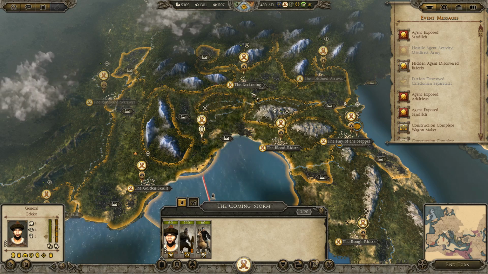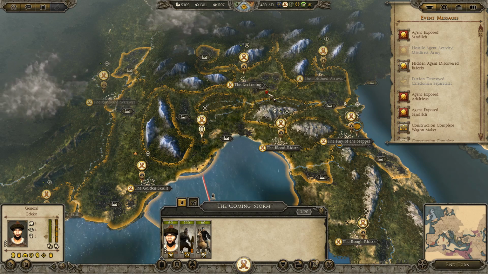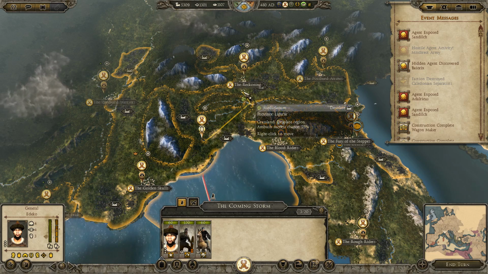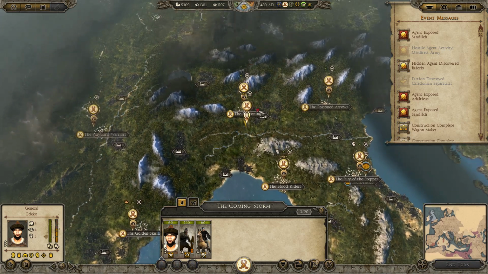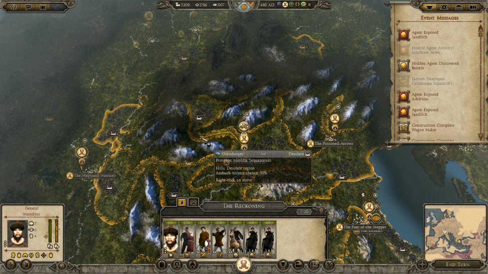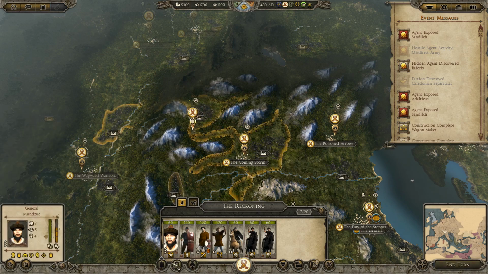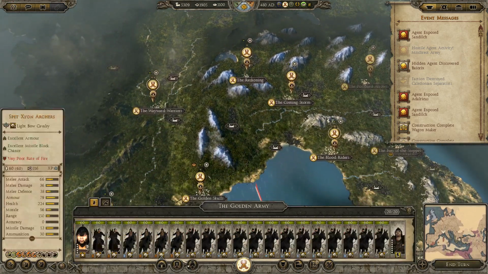Narbonnesus. I think what we're gonna have to do is move you up to here, and we're gonna have to move you back into Octodorum. Is there nothing else? We're gonna have to encamp. We have to get these guys,